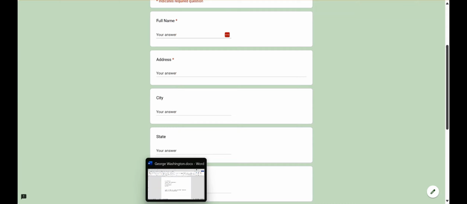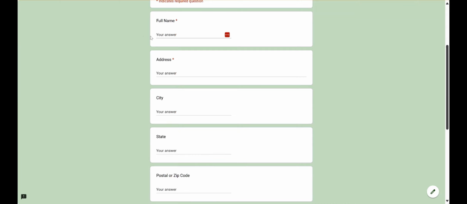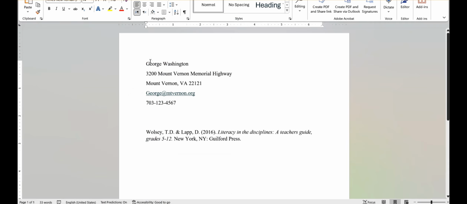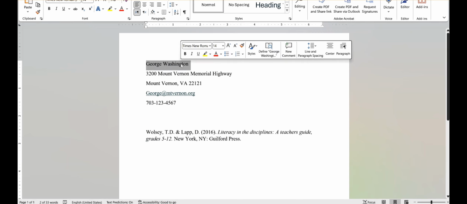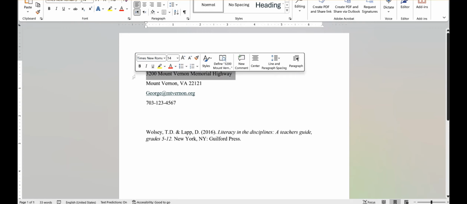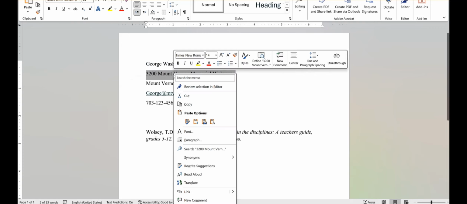Now, let's say that we've got a form like this one, and we've got several things that we have to enter individually, full name, address, and so on. So let's copy and paste the information into the form that we already have in another document. We're just going to copy the way we normally do, but we're not going to toggle back to the form just yet. We're going to select the next bit of information, there it is, and we're going to copy that